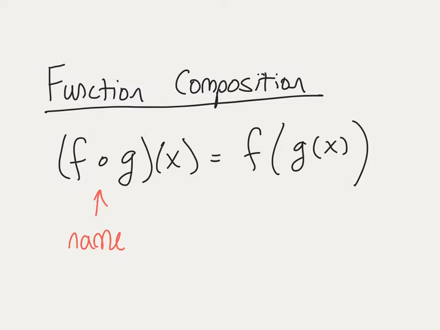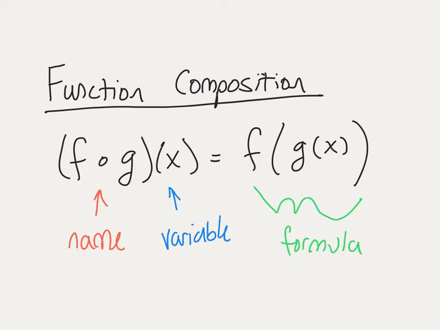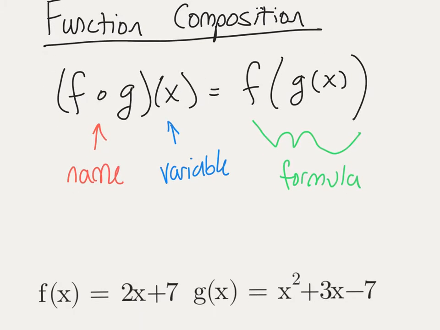Then this right here is telling us that we have a variable x. And then what we would have on the outside is our formula. Now, if we knew what f was defined as, and we knew what g was defined as, what we could do is actually come up with our full formula. And so that's what the next step would be. So if we go down here,